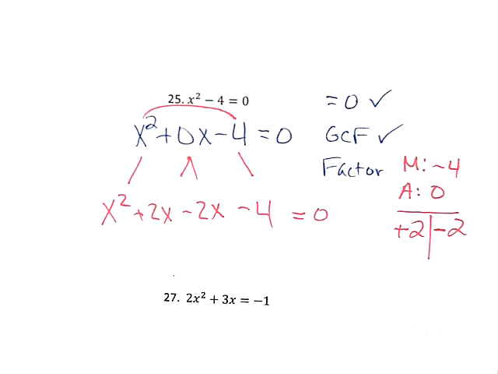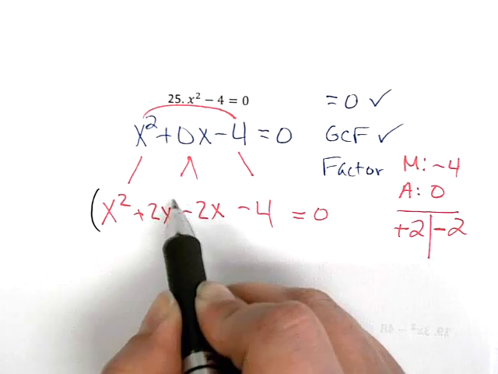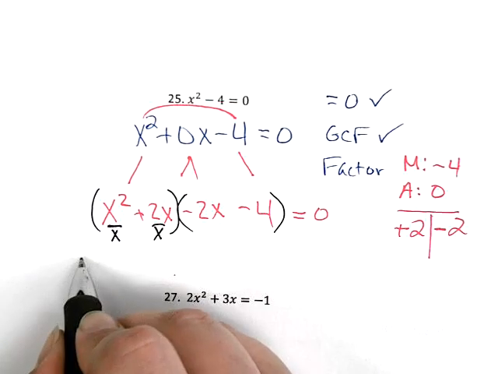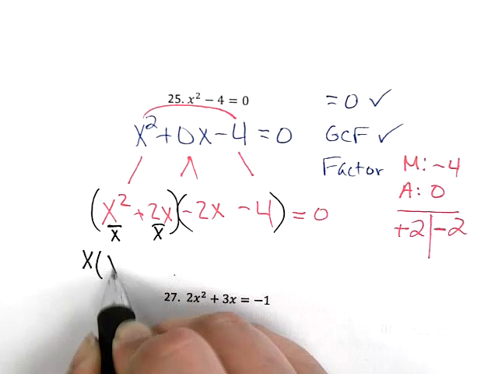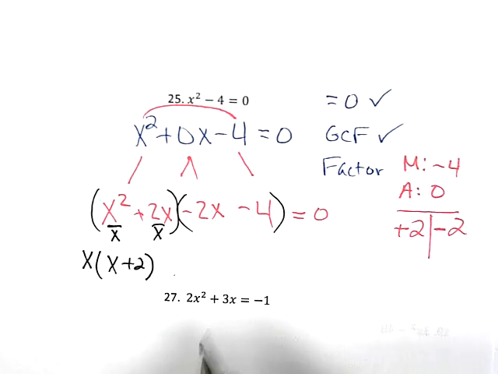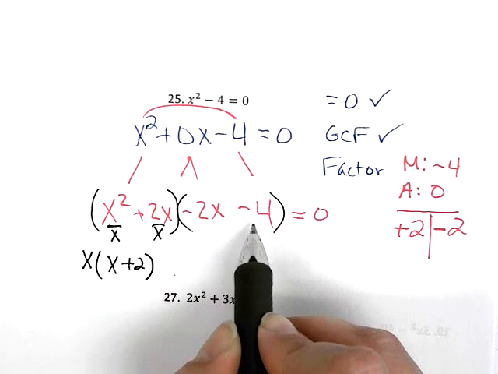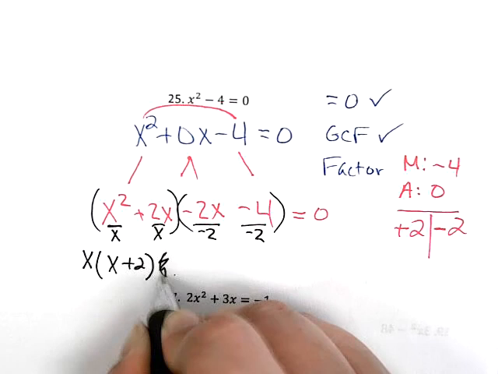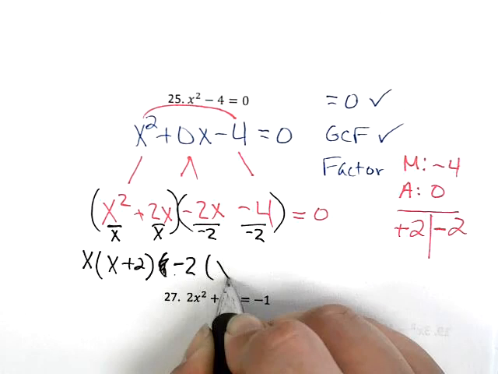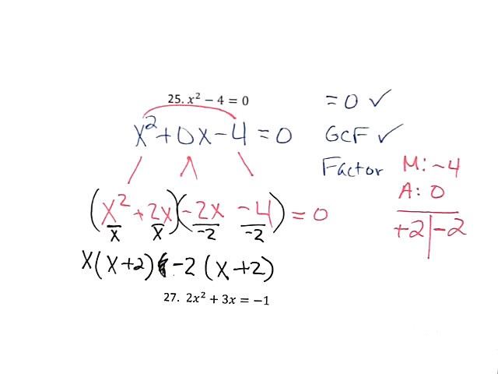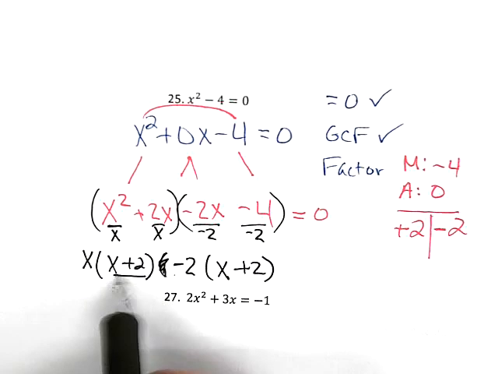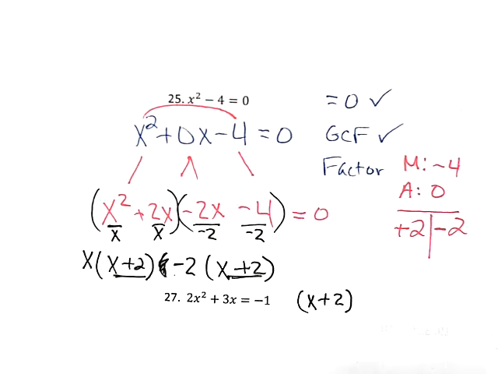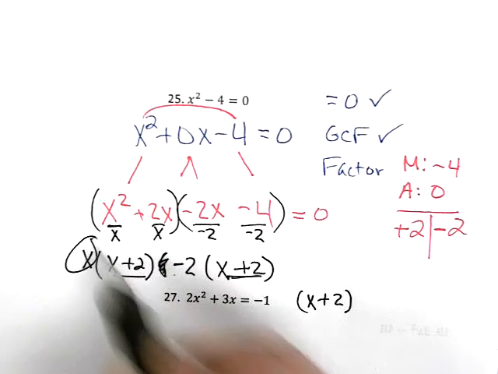But now I have 4 terms. Now it looks like my factoring by grouping. So I can factor by grouping. I'm going to take out the GCF of the first 2, which is x, and I'm left with x plus 2. And then my GCF of negative 2x and negative 4, well, that's got to be a negative 2. So I have a negative 2 on the outside, and then an x plus 2 on the inside. And if I look, x plus 2 matches there, so that's good. I'm going to take that and write it once. And then I'm going to take my leftovers, x minus 2,